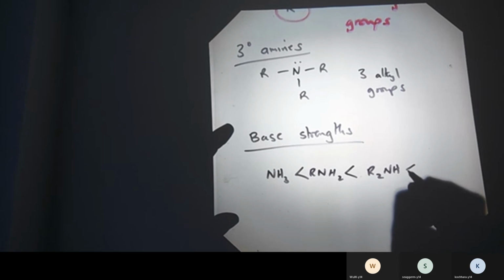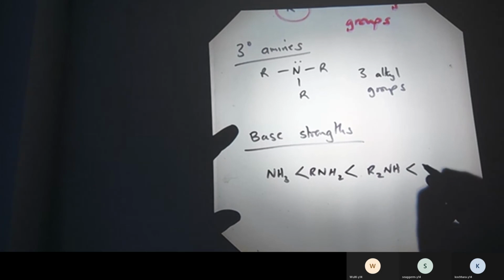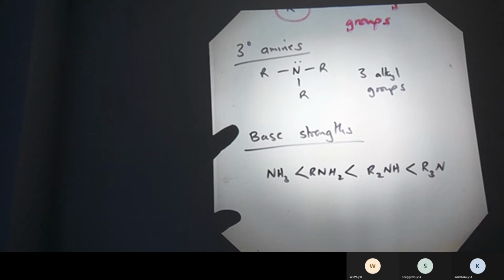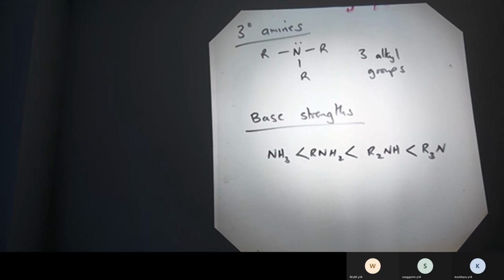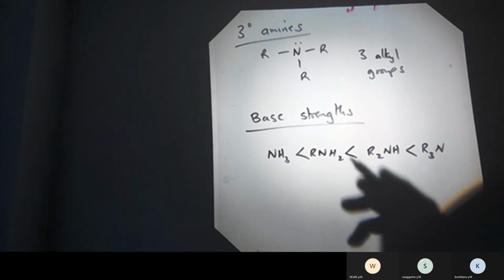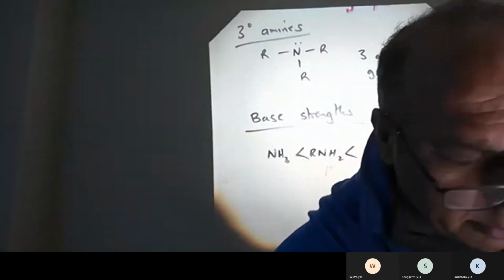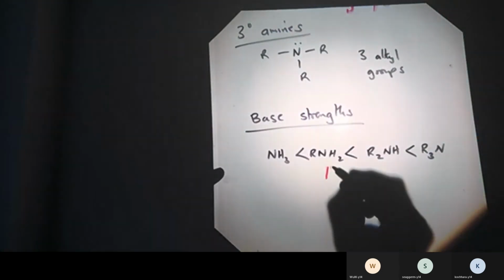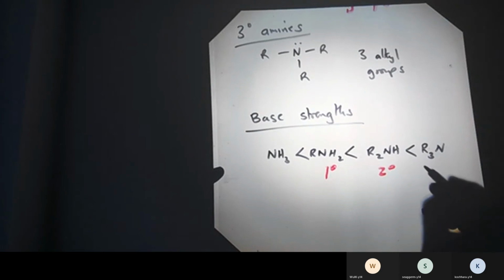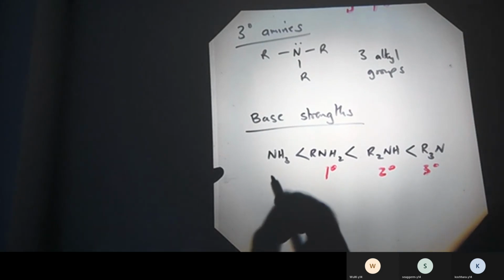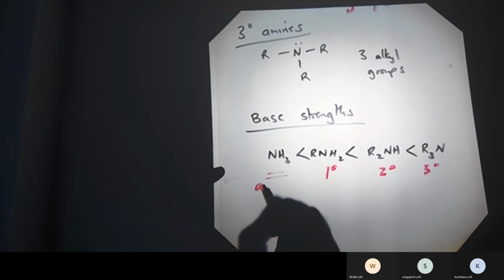They are secondary. They're better bases. R3N are tertiary. So these are primary, secondary, tertiary. And compared to ammonia,